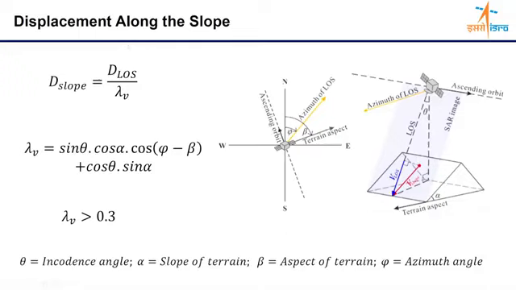Okay, and this is nothing but for the pure 1-dimensional motion, like motion along the slope. You can write the line of sight displacement divided by lambda v, and lambda v is written in terms of these 3 angles. So these are the incidence angle, slope of the terrain, aspect of the terrain, and the phi. So you can say the displacement along the slope is, particularly in case of landslide, you can also calculate using